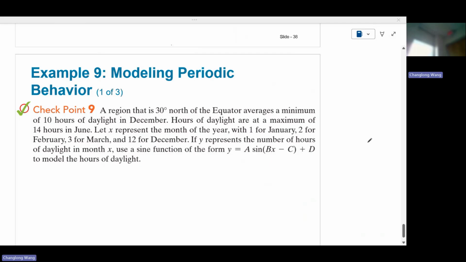So what they told us is the low tide happens at around 4 a.m. High tide happens about 10 a.m. And high tide could be as high as 13 feet, and low tide will be 5 feet. It's periodic. They wanted to find out if you can model this behavior using a sinusoidal graph, right? In this case, they picked the sine function. And don't get me wrong, you could pick the cosine, but obviously you think that maybe sine is a little